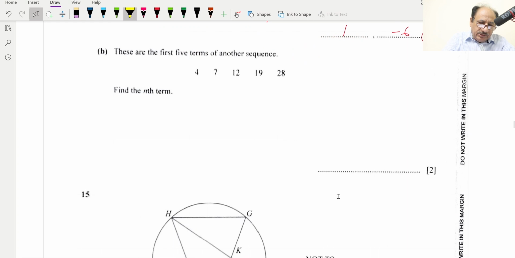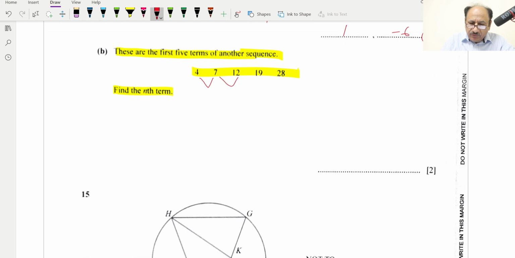B part, these are the first 5 terms of the sequence. Find the nth term. So nth term we have to find. For the nth term we are checking for the difference. First difference, so 7 minus 4 will be 3, 12 minus 7 will be 5, then 7, and then 9. Second order difference will be same, which is 2. So we know it is involving n square. So n square, and to get first term, if we replace n is equal to 1, we will be getting 1. So we can add 3,